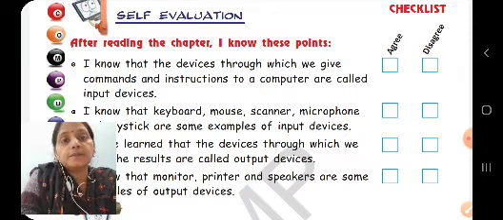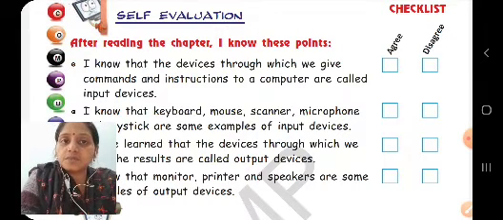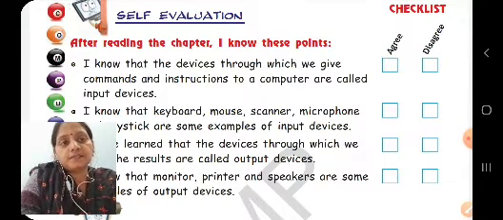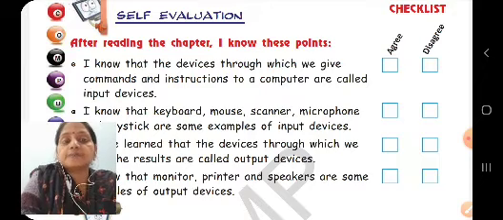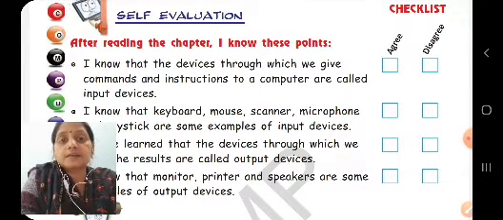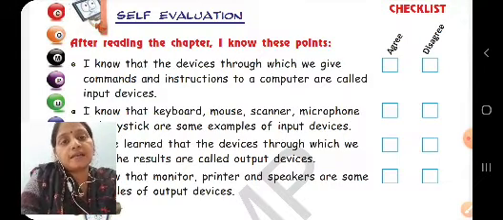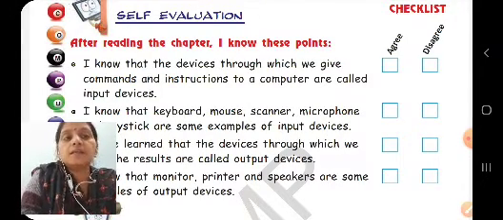और इन्हीं इनपुट को हम जिस डिवाइस से देते हैं, we need a device to give these instructions to the computer, which is called input devices. जैसे कि अगर हम इसे कीबोर्ड के थ्रू देते हैं तो keyboard is the input device. If you are giving the instruction using the mouse, then mouse is the input device. And if you are using any other input device, that input device will be the input device.